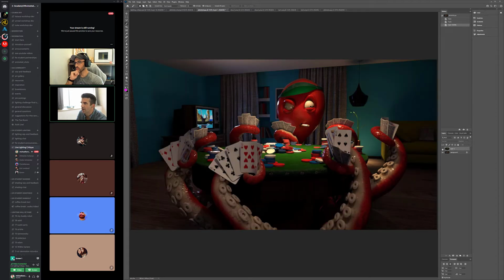Eyes look a ton better. Everything's coming together a lot more nicely. The room feels a lot better. The shadows, the staging is starting to really come together nicely. A few things that I would want you to work on for now